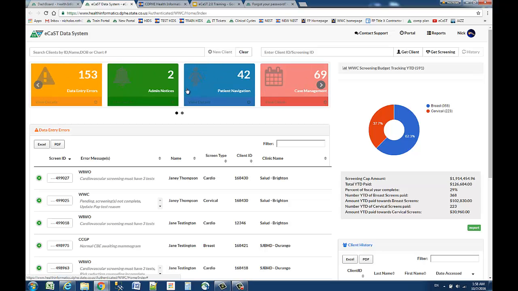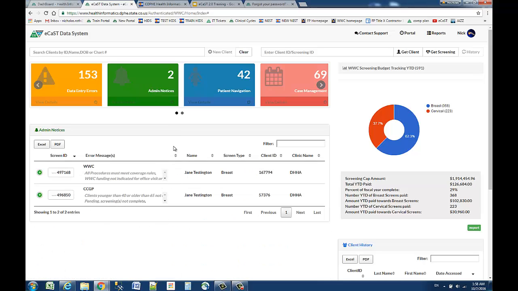Each one of these tiles represents a different category of errors. Your data entry errors is going to be kind of a total of all errors. If you click on these, the table below interacts with it, so that your admin notices are those procedural errors or your clients that don't qualify. Patient navigation, clicking on the blue tile,